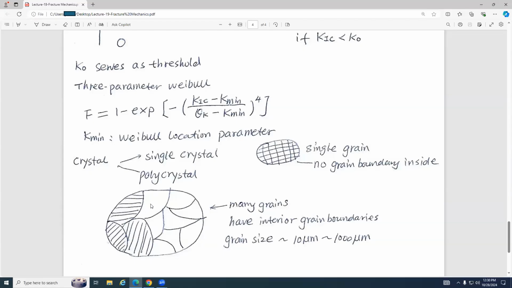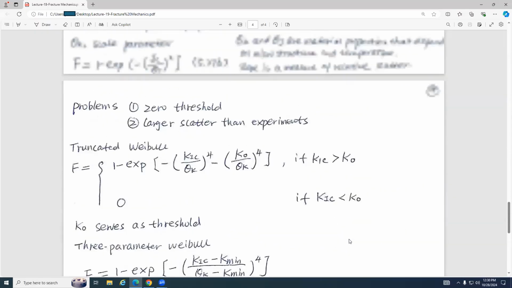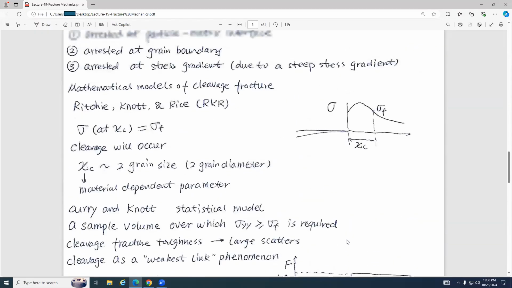They are the crystal. So polycrystal, you can see this is boundary, this is grain boundaries. So many grains, and they have grain interiors and grain boundaries. Grain size is usually 10 micrometers to 1,000 micrometers. So these are several models about